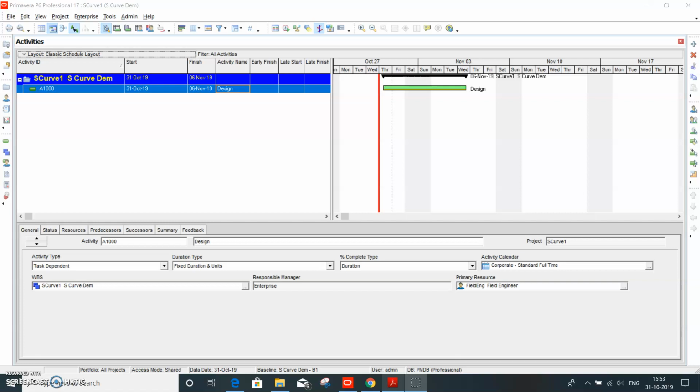The meaning of the S curve is that at the starting stage of the project, there is not going to be any consumption, be it effort or be it cost. But as the project progresses, the effort is going to increase, and so are the dollars getting burned, and it linearly goes up, and then towards the close or end of the project, it will flatten up.